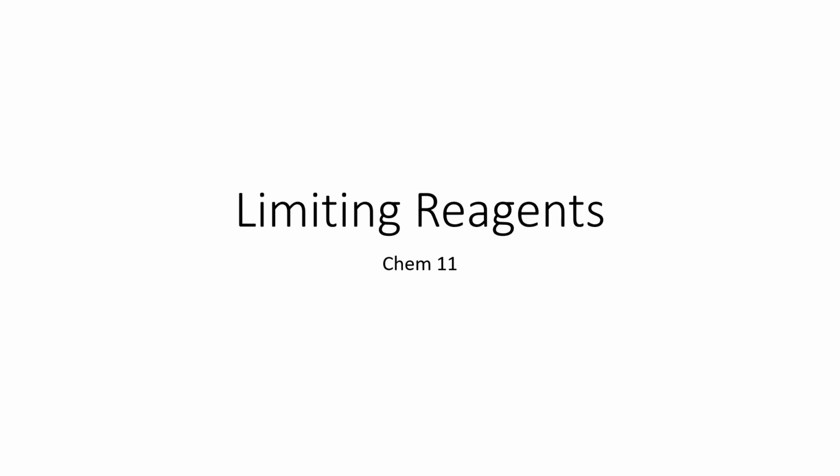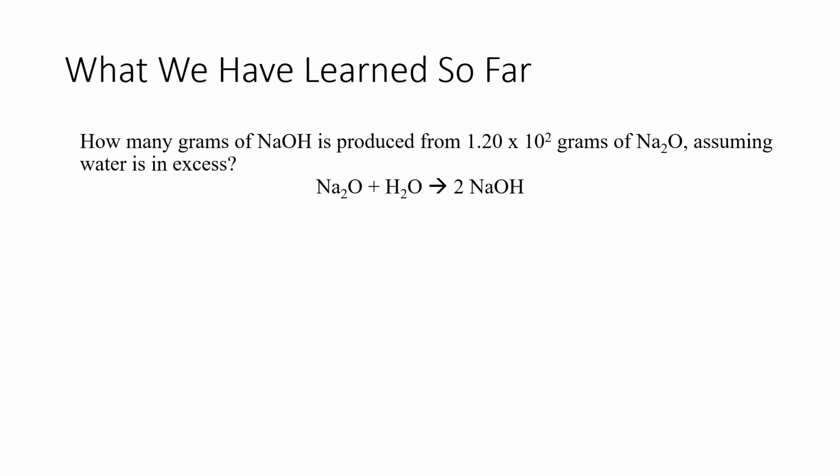In this video, we're going to talk about limiting reagents. So what have we learned so far? We have learned how to solve stoichiometry questions with one reagent being in excess and the other reagent value given to you. So when constructing the BCA table, what we could do here is we can ignore the excess reagent